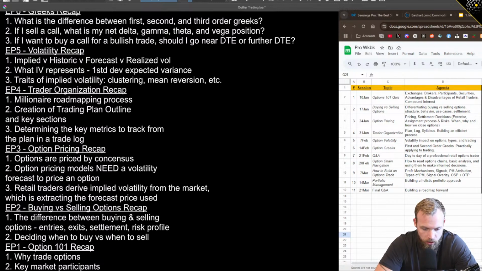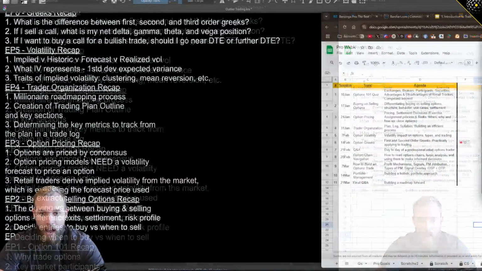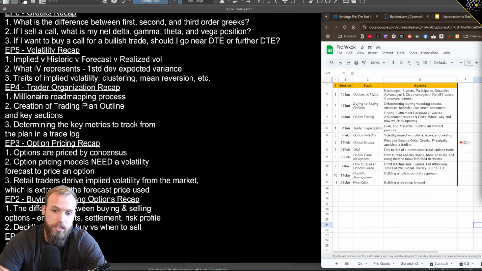After that, we got into trader organization. This matters because there's a lot happening here. And this is actually going to be one of the big things we're going to talk about with the path forward from here, because you are not going to remember all this stuff. It is literally impossible to. The only way that you're going to effectively be able to iterate and create something for you that is successful longer term is if you have a good system in place to track what you're doing.